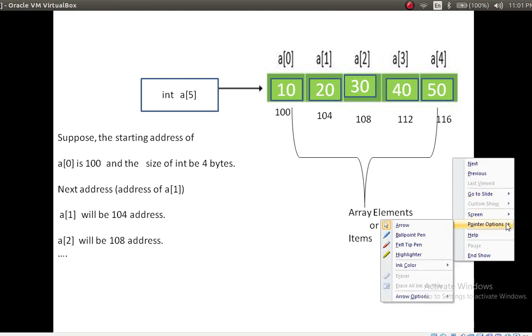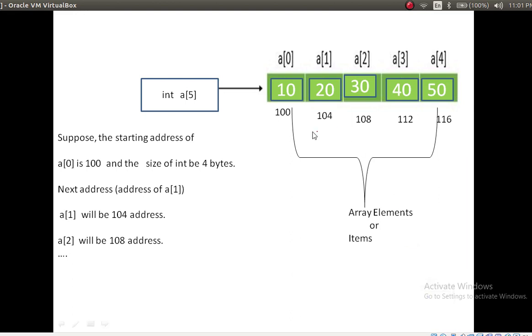How do we have to learn this address? 100. Okay, in this memory location 10 is going to be stored. In this memory location 20 will be stored, and in this memory location 108, 30 will be stored.